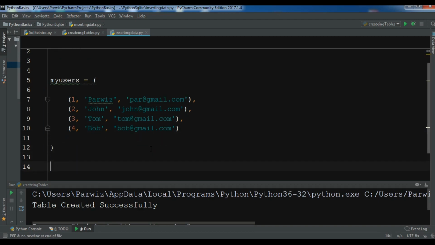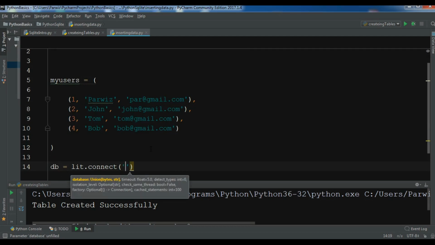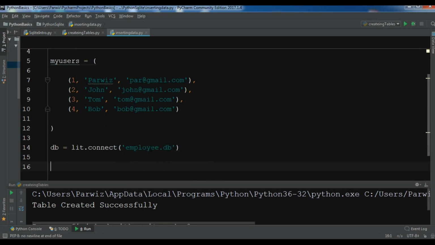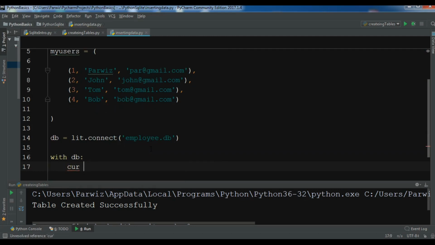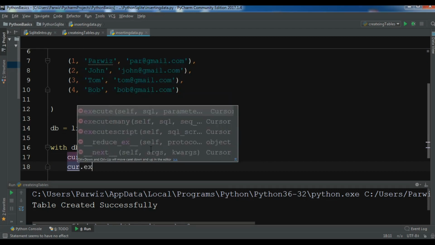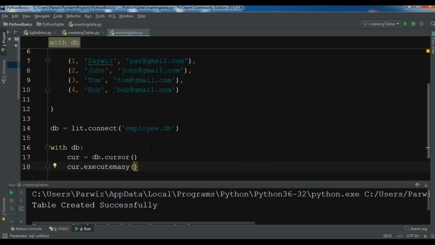After this, let me connect my database. db = lit.connect, I want to connect to employee.db like this. Okay, after this, with db, I want to create a cursor object, db.cursor, and after that I need to execute the query. Now in here we need to insert, so insert into users. I want to insert into my users, and the values,